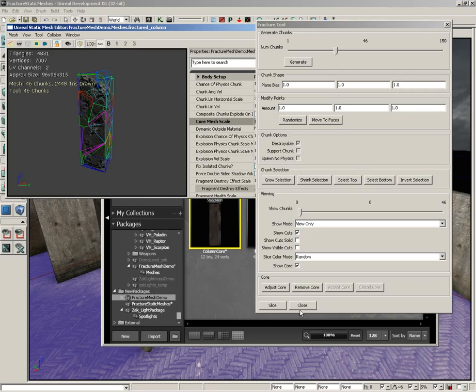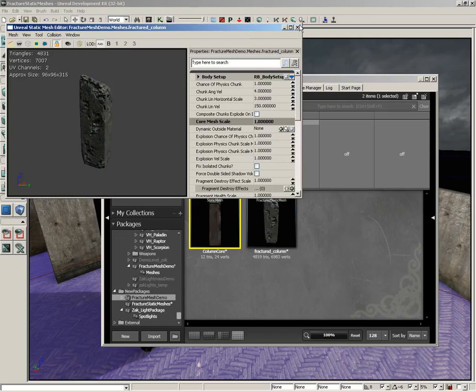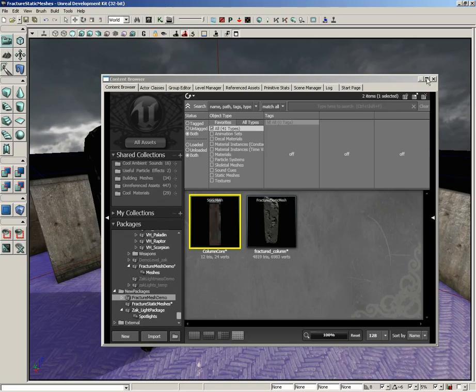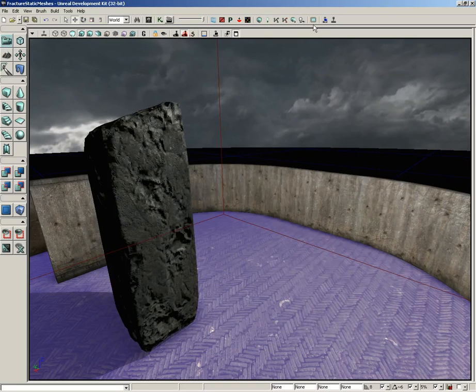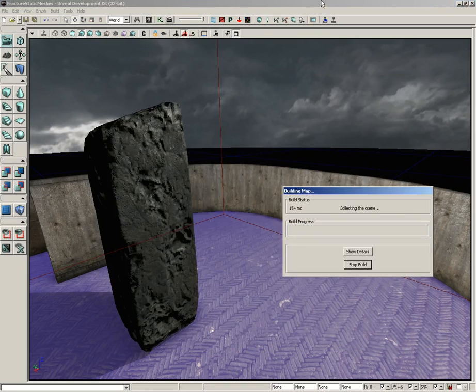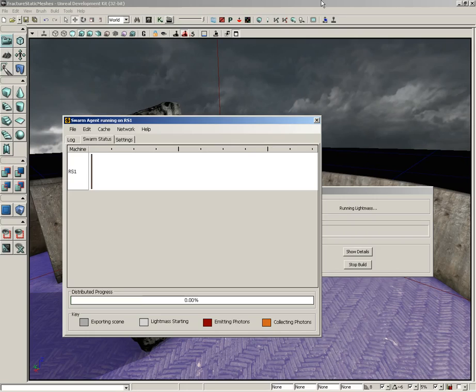Now that's pretty easy. Let's just go ahead and click Close. We can get out of the static mesh editor. We can close out of the content browser. I do need to rebuild all of my lighting, so we'll go ahead and click on that. We'll give Lightmass just a minute to get past all of that. And it takes just a moment. And as soon as that's done, we can close out the window and jump into our level,